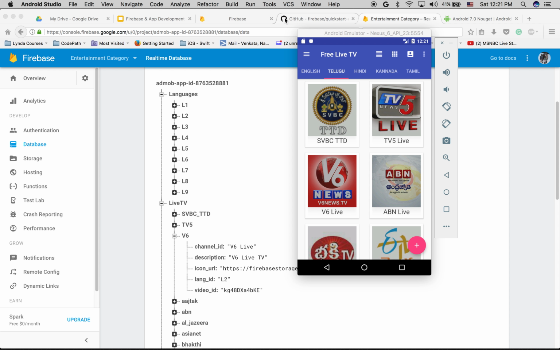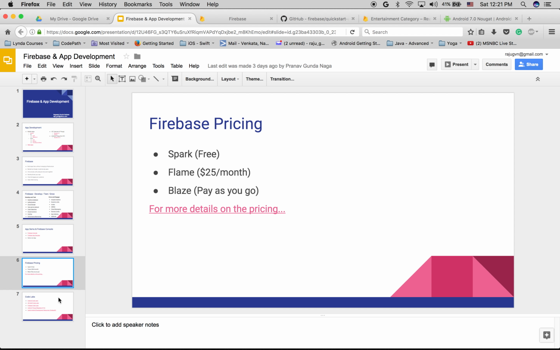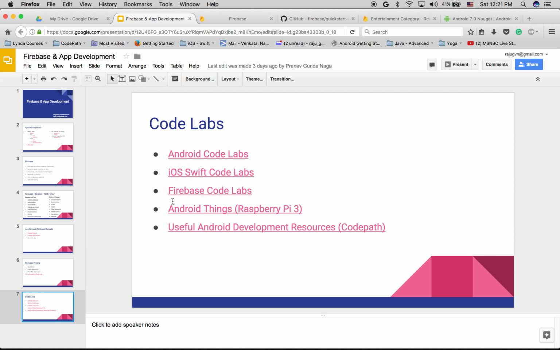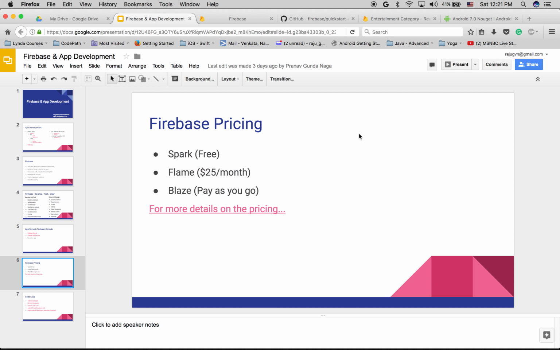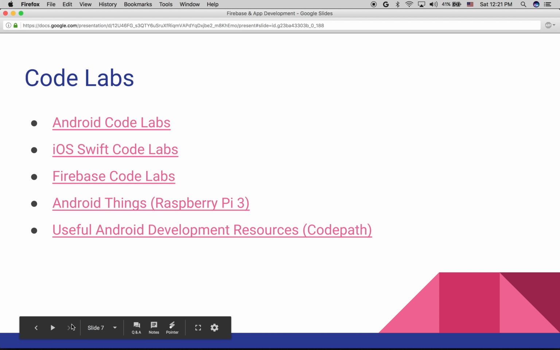Okay, so I hope that information helps you guys. And at the end, you can see the last slide. In the last slide, I'm giving the links for various code labs. Android has a lot of code labs, iOS, Firebase, and these are Android things, Raspberry Pi.